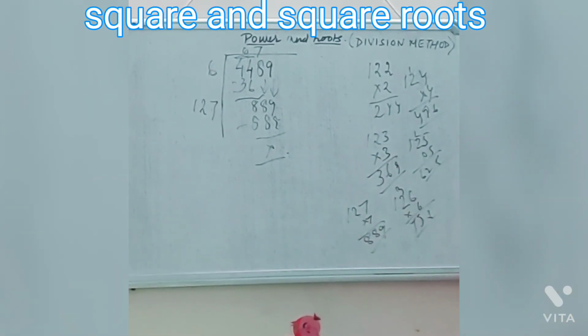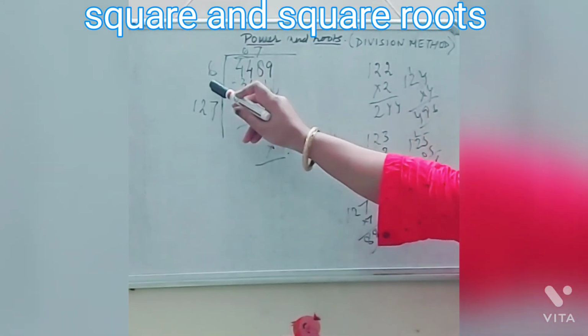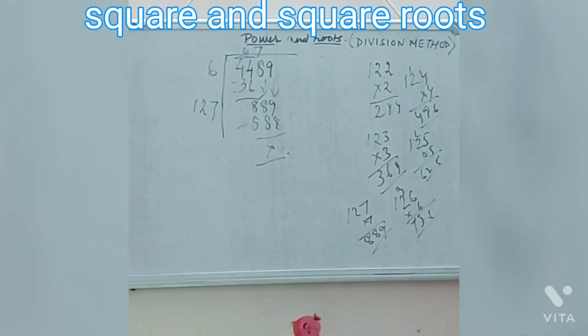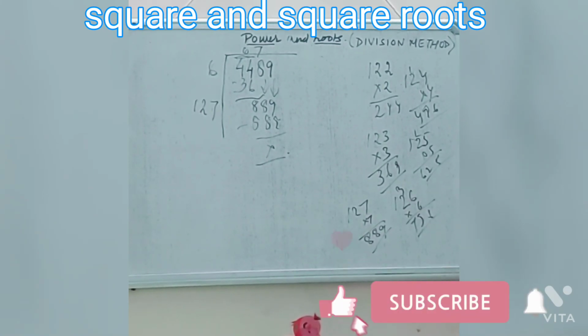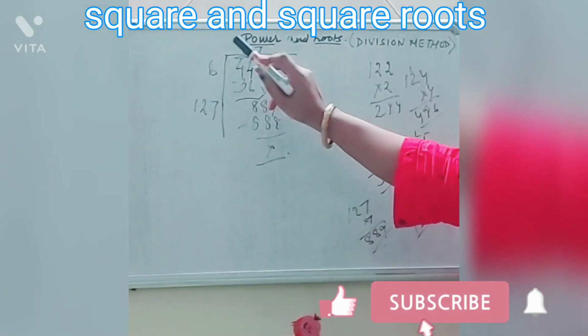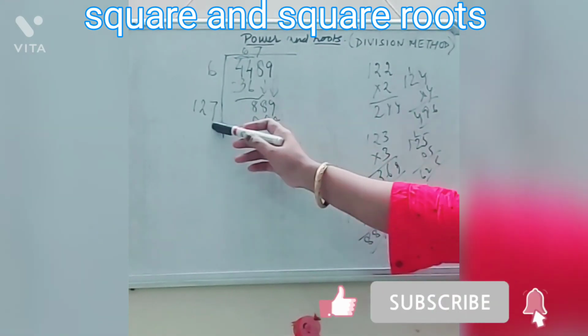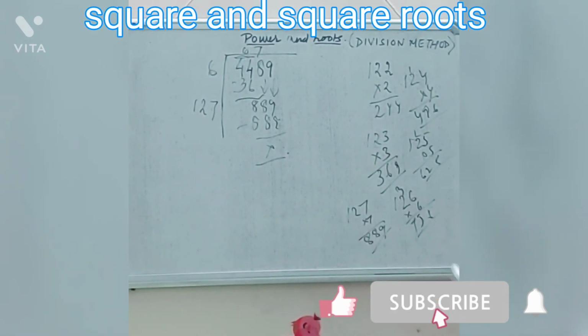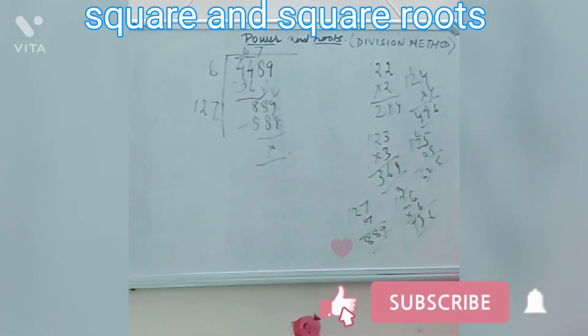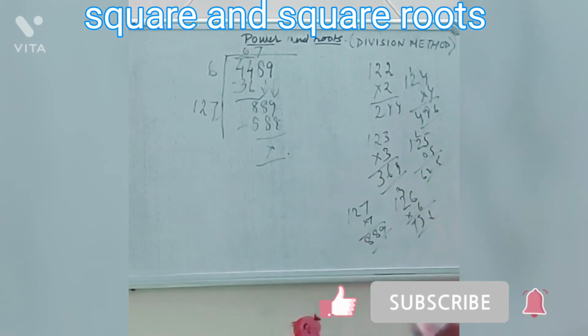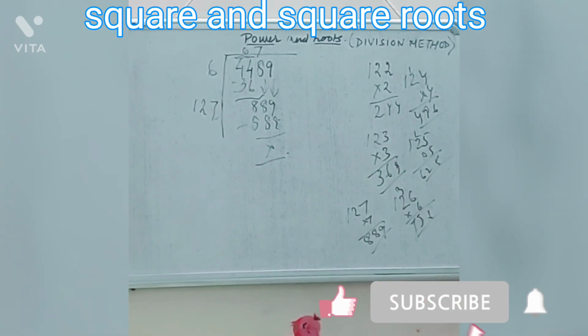See, I am revising once again. We have to consider 2 digits at once, okay? Then we'll square the number by which we are dividing. If we are dividing with 6, we have to square it, 6 into 6. If 7, then 7 into 7, right? Then whatever the remainder will be, we'll make the quotient double, we'll add a number to it and we'll multiply with that same digit which we have added. Here we have added 7, so we have multiplied 127 into 7. And this way we do the division method. I hope it is clear.